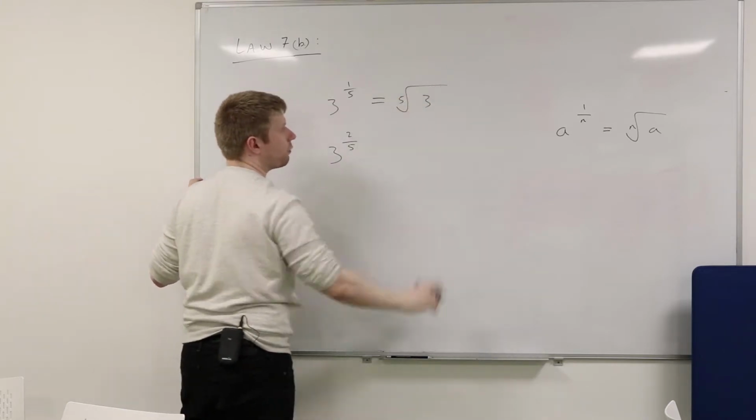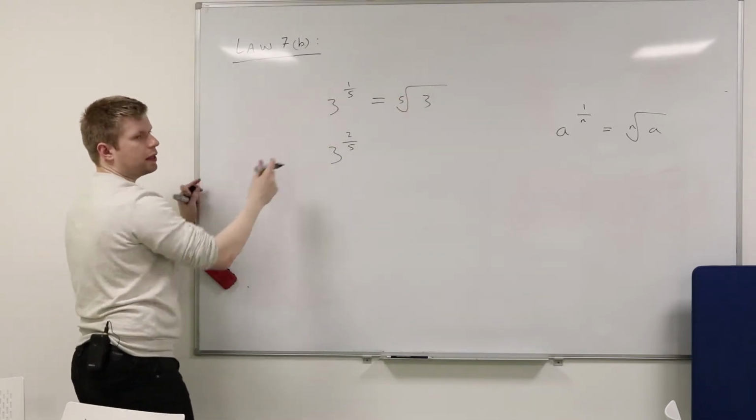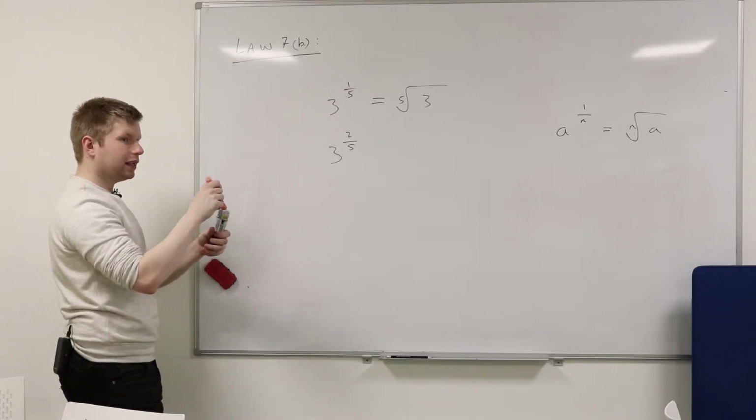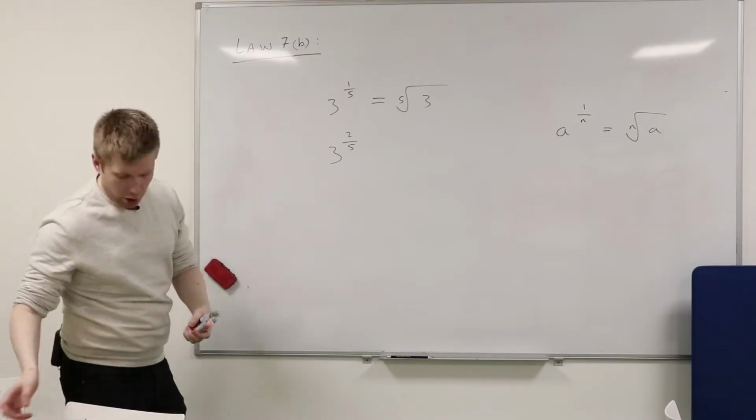5th root of 3, right? So what's the difference between this and this? Agnes, you were going to say something? You put it back in the square. Absolutely right. So another way that I could rewrite this,